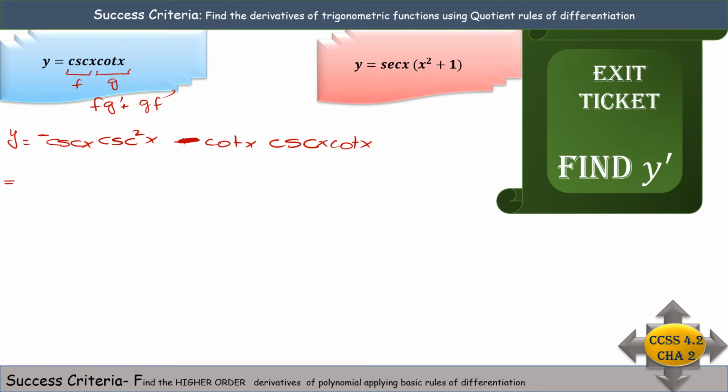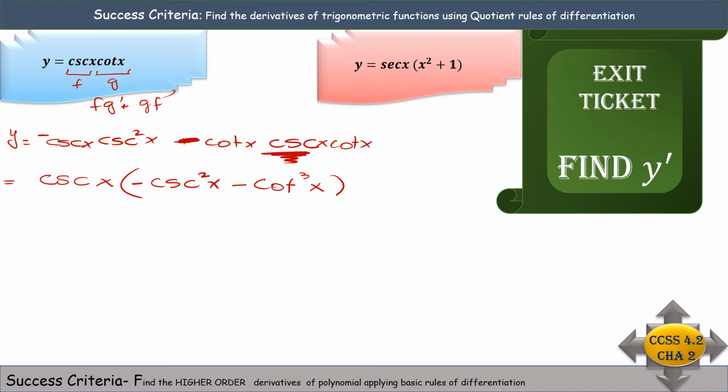Now here we have cosec x common, so I can take the cosec x common. So what is left inside? It is negative cosec square x and negative cot cube x. Negative cot cube x. That is my final